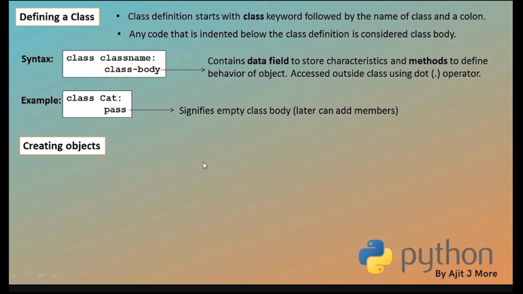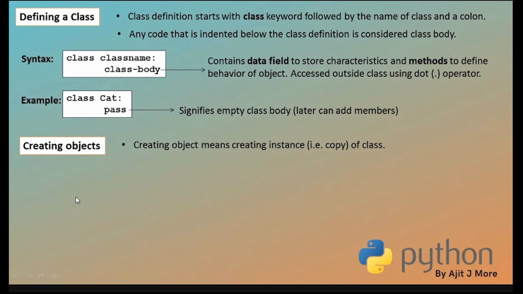And the instances are objects. Whatever objects you get, they are called instances. And the process of creating an object is called instantiation. Creating an object means creating an instance, that is, a copy of the class. And always remember, when we create an instance, that is a copy, memory is allocated. When we create a class, it is just a template. I hope you understood.